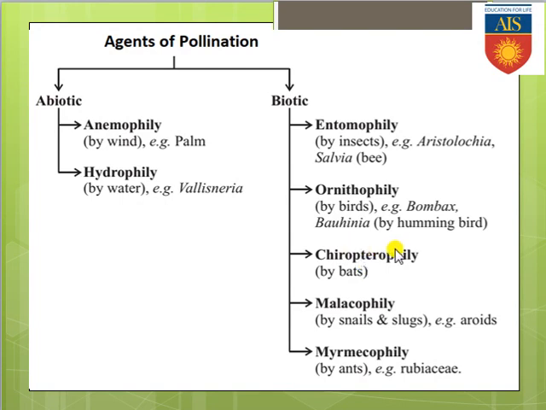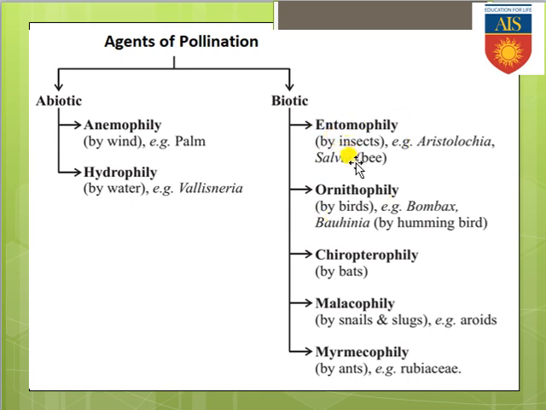In the previous video, I think you have seen we have completed up to the hydrophilous as well as anemophilous flower, because we were discussing the types of pollinating agents in different flowers, and within that we have already discussed the abiotic components which are helping in the pollination process. After these two abiotic components, there are four to five biotic components which are helping in the pollination process. Based on the type of agents, different types of pollination procedure as well as different types of pollinating flowers are categorized properly.